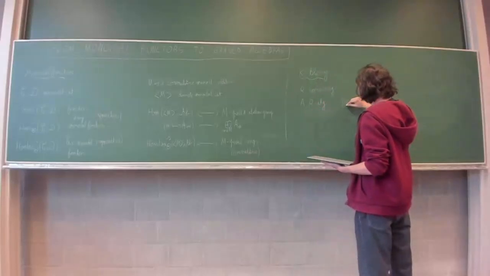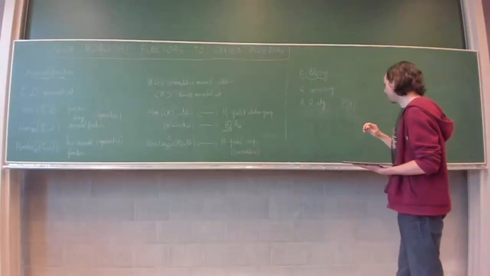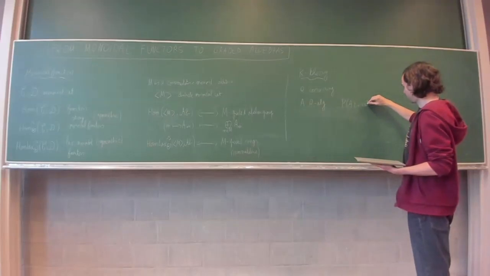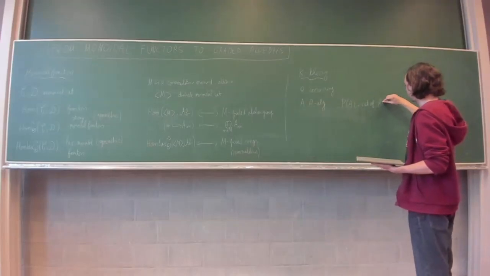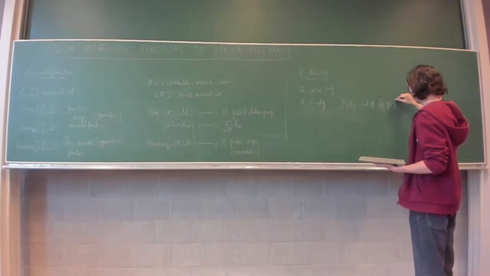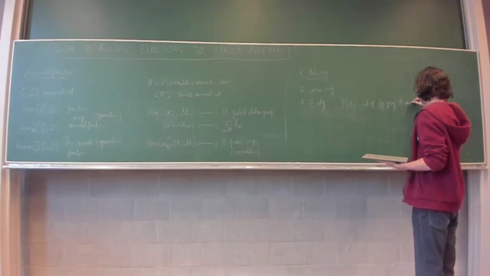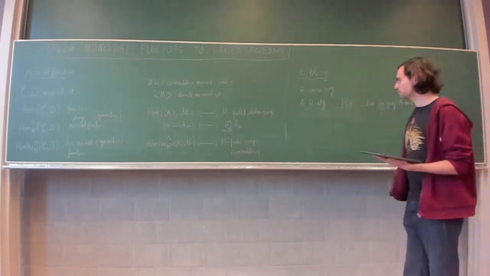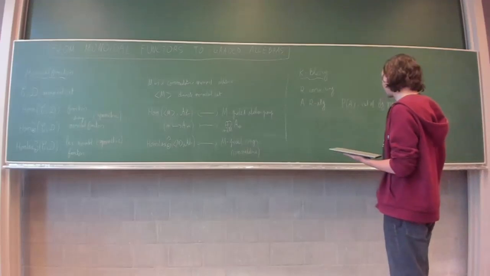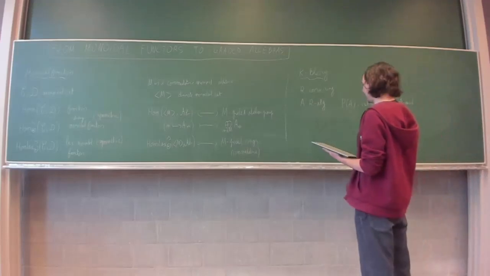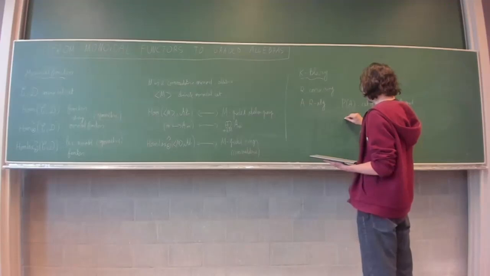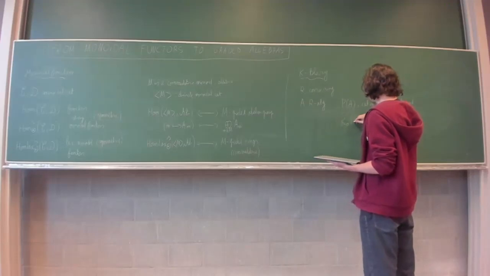Then you can consider P(A), the category of finitely generated projective A-modules, say on the left, for instance, it doesn't really matter. And then you can consider K0 of A,